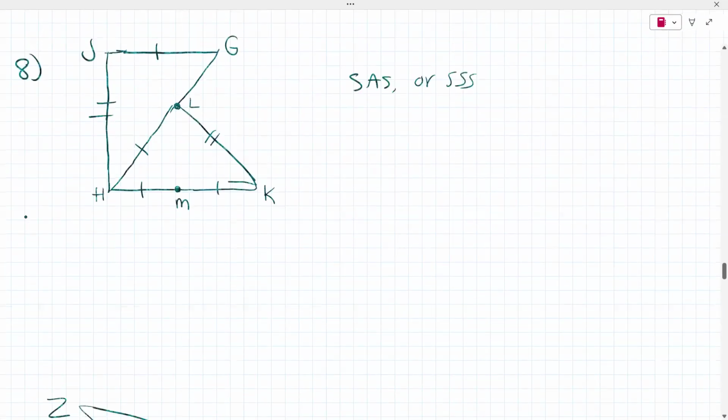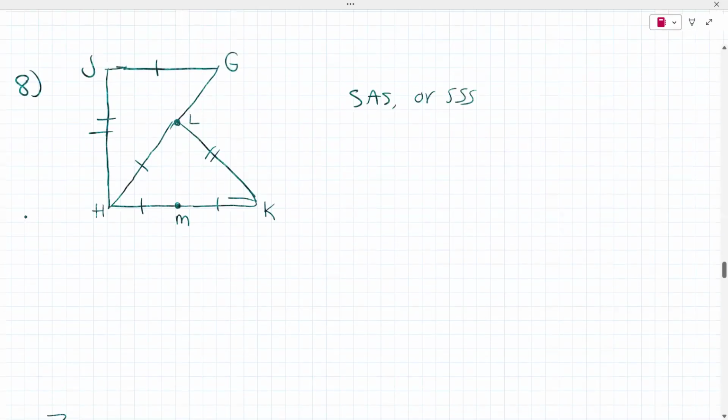If you break it into two triangles, this one right here, and then if you use this triangle right here, it would be